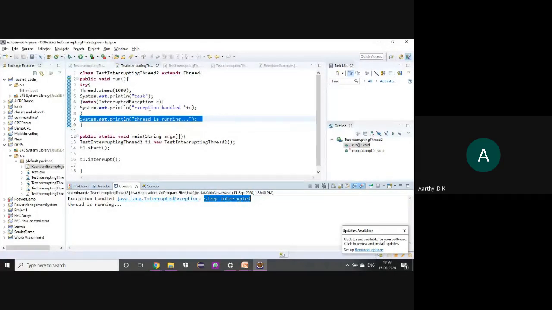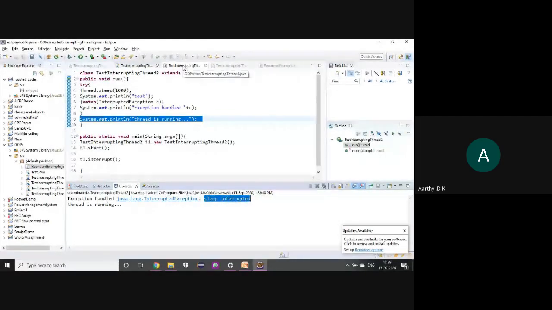So you are making the thread stop from the sleep. Sleep or wait, both can be interrupted. Then the normal execution of the particular thread begins. So only the sleep is getting interrupted here, and this is the second example.